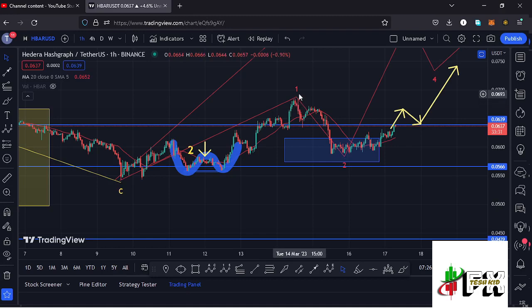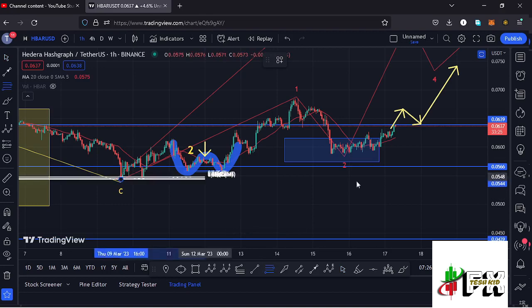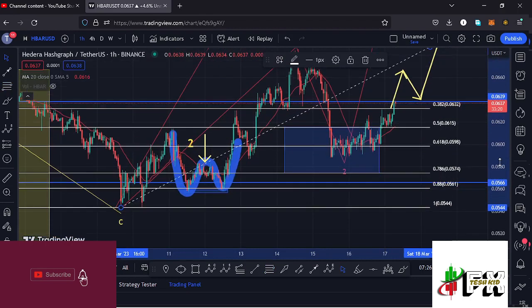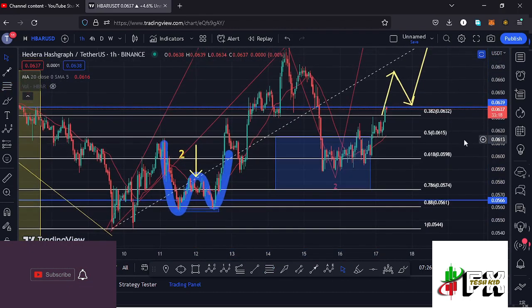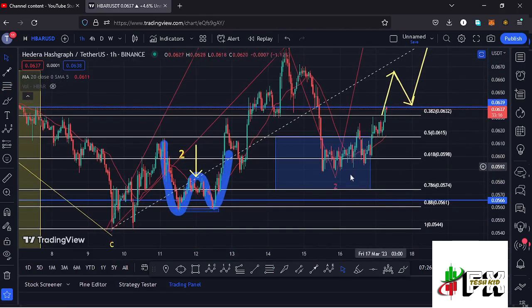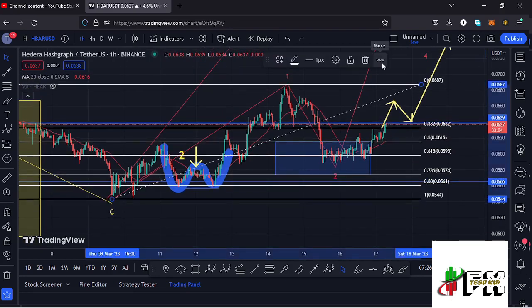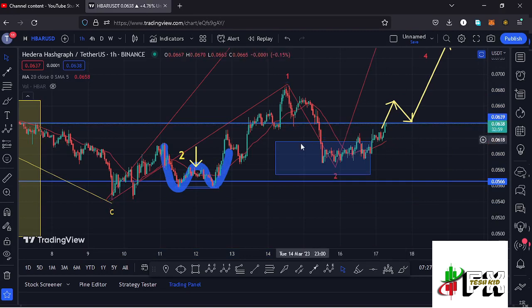And after seeing the high for that wave 1, we started a corrective structure in the formation of this wave 2, and using the Fibonacci connecting them from the low of the first wave to the high of that wave 1, that gave me a minimum retestment area in the formation of that wave 2 between the fib level 0.5 and the fib level 0.78, which is the minimum that I was expecting this second wave to the lower side to do. And you can see we have managed to get into that minimum retestment area, and having managed to get into the minimum retestment area, there are chances that we have bottomed out in the formation of this wave